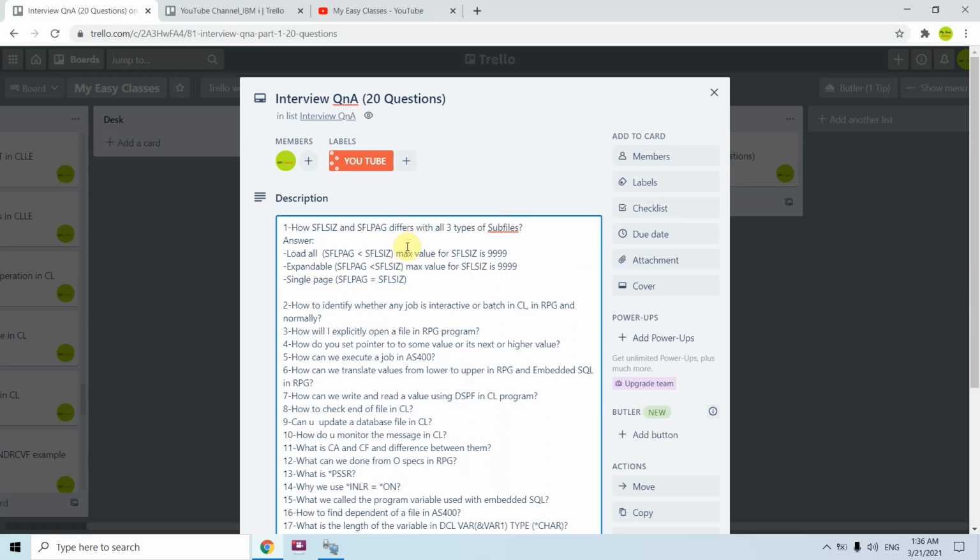In a load all subfile we load an SFL page number of records, and then once we press page down, we again load the next SFL page number of records. So basically we are clearing the previous records which were loaded. If we press page up, then again the previous records would be loaded to the subfile. So in a load all subfile we are basically clearing the previous buffer, but in an expandable